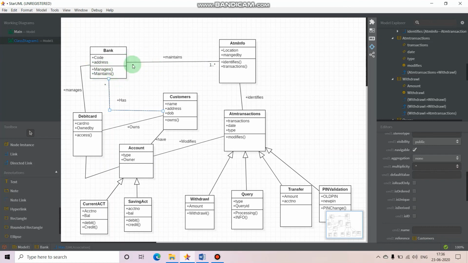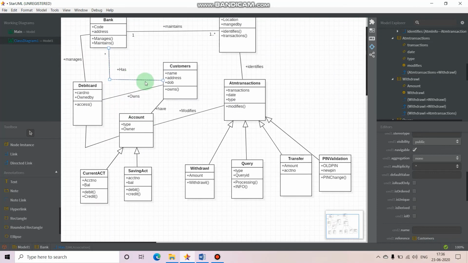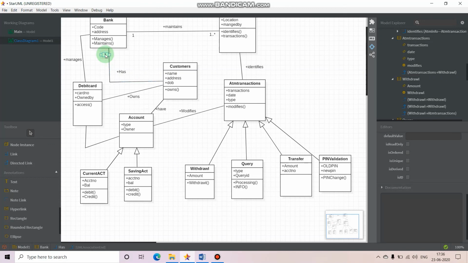What we have done here, you have to select at this side and then click on this side. It will allow you to give the cardinalities on both sides, so that you can understand that one bank may have multiple ATMs, and multiple ATMs may have one bank. Okay, so like this only you have to do. Here also it should work well. Actually, why is it not showing well?